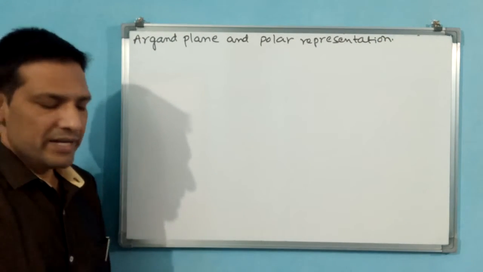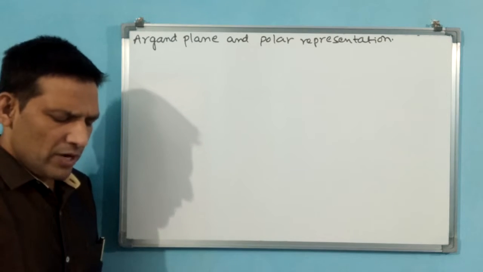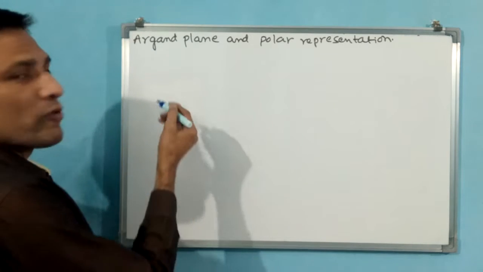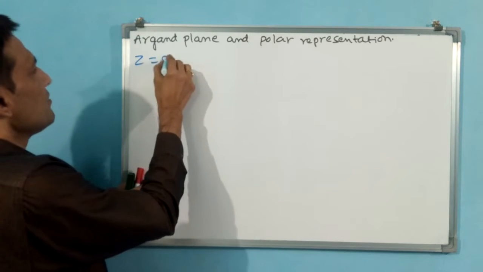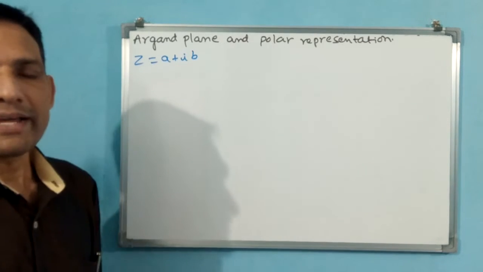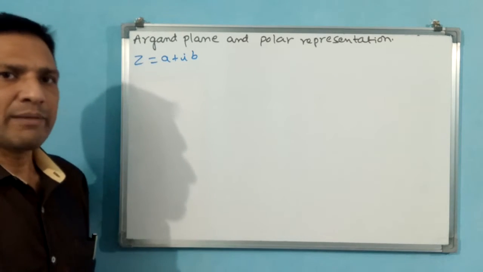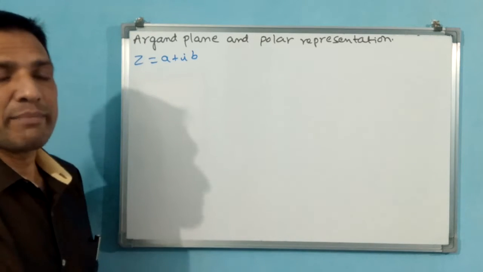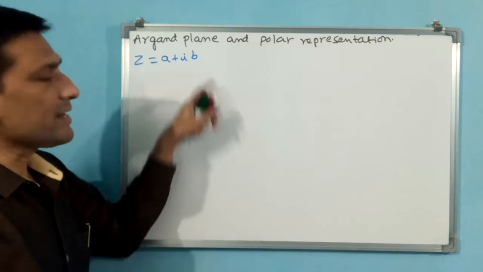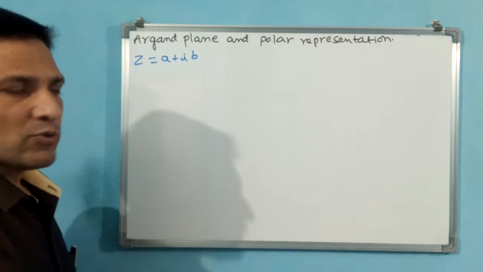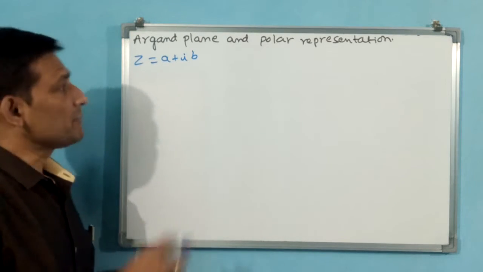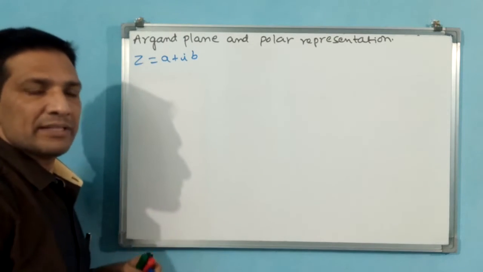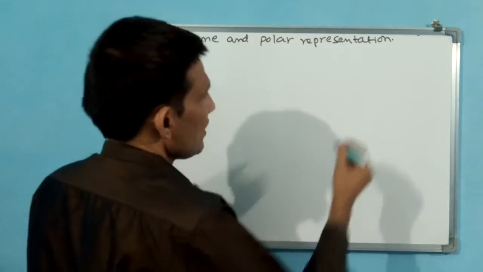Let us see Argand plane and polar representation. See, we have got these complex numbers in the form z is equal to a plus ib. You see how we were writing these complex numbers? z is equal to a plus ib. Here a and b are real numbers only, but b comes along with i. That is why this is going to be called the imaginary part. But finally b is a real number. What we can do, we can make a graph also, na? Why? Because a in the x coordinate, b in the y coordinate, you can make a graph also. Okay? See how I am making the graph.